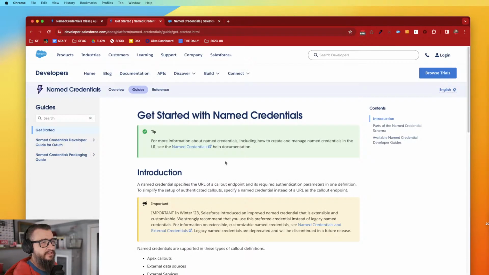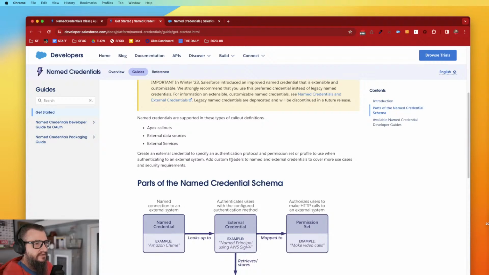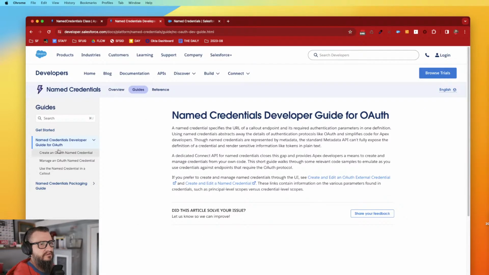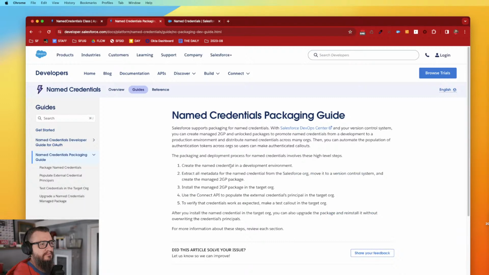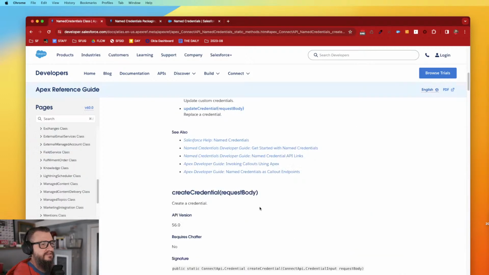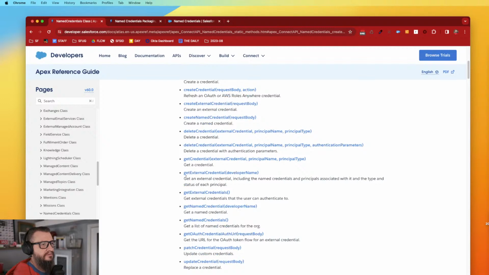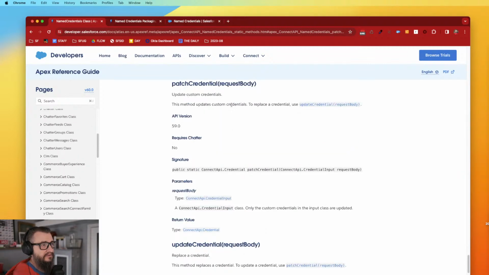Named credentials developer guide. Let's see here. Supported callout definitions. Developer guide for OAuth, maybe. Packaging. No. Let's see here. Okay, so I think we do some querying here to see what we've got. And then, oh, I see. So you literally call